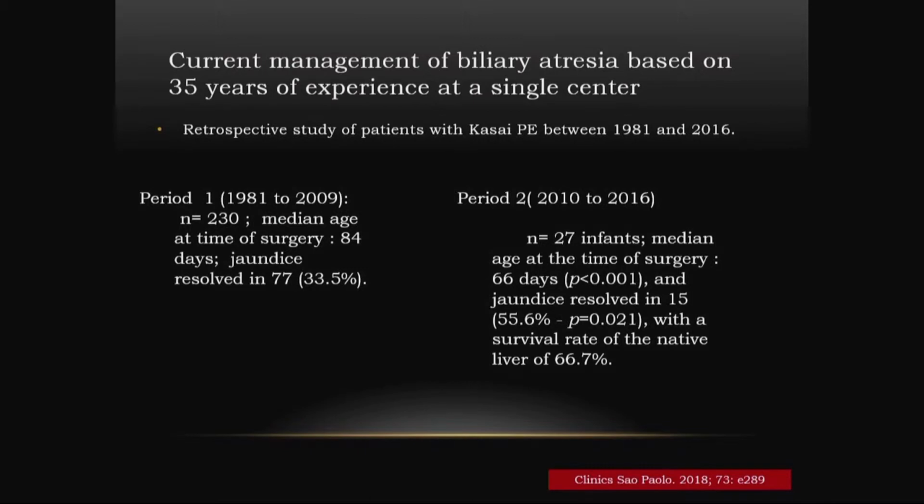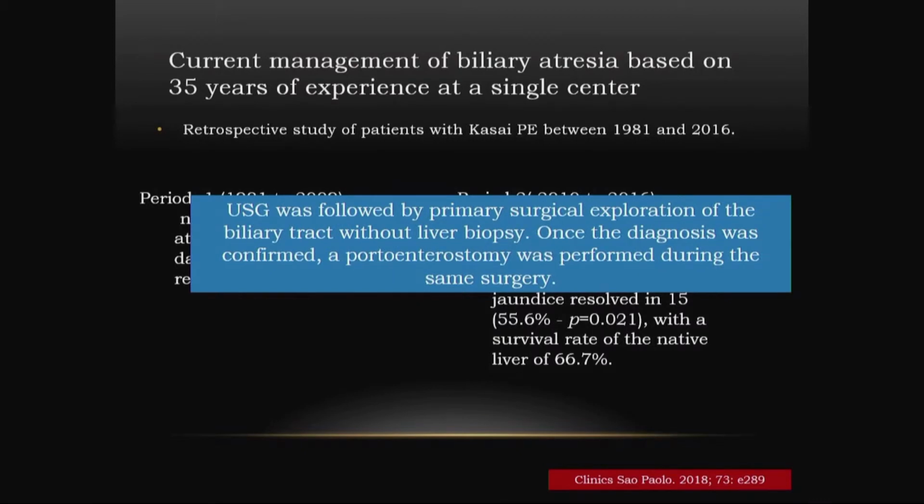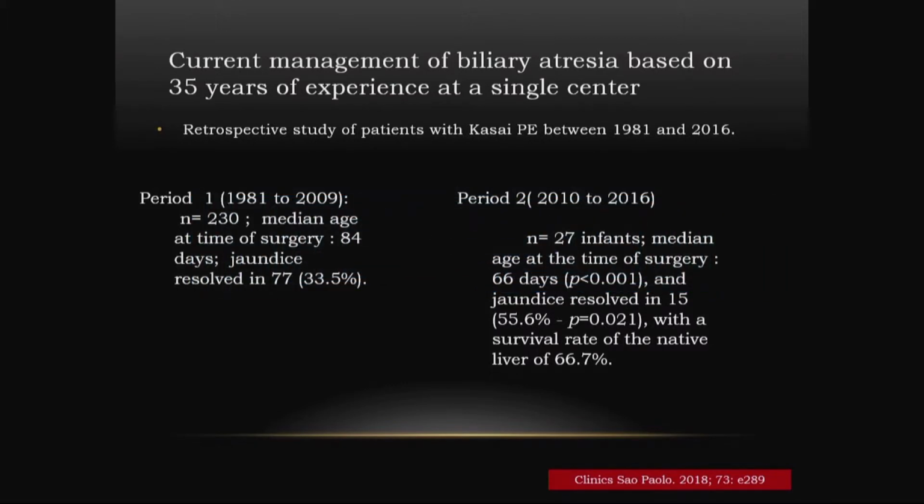In the subsequent 6 years, there were 27 kids enrolled, and there was some change in their protocol. They did ultrasound, and if there was a suspicion of biliary atresia on ultrasound, as well as history and physical examination, they did a primary surgical exploration without a liver biopsy. Once the diagnosis was confirmed by a peroperative cholangiogram, they proceeded straight away to surgery. They found that the mean time of surgery was 66 days, which was significantly less. Jaundice resolved in 55% of patients in comparison to 33.5%,